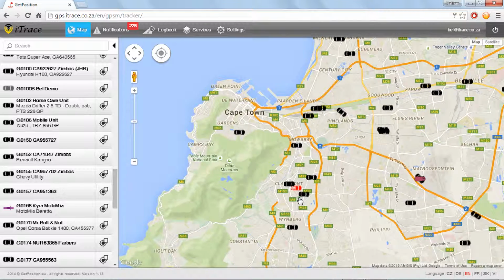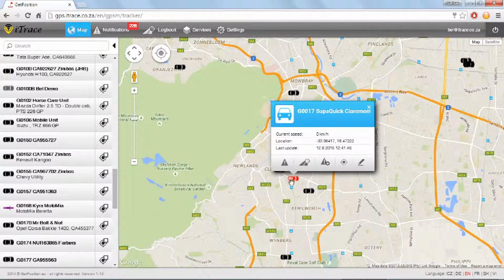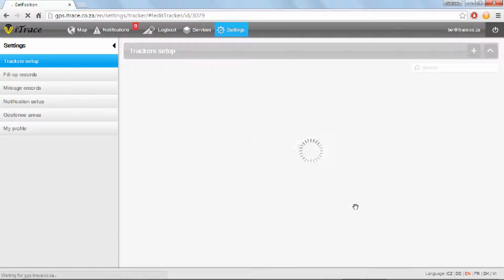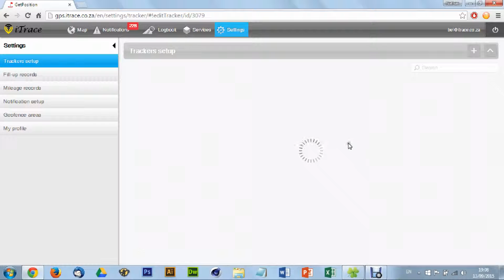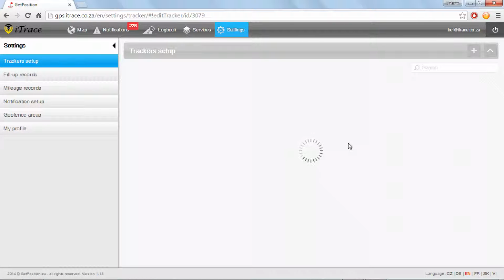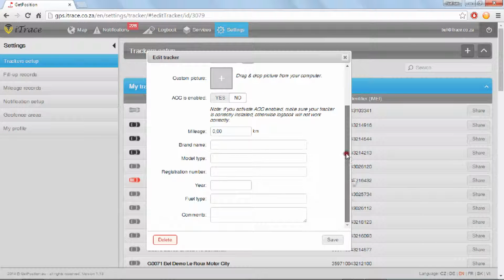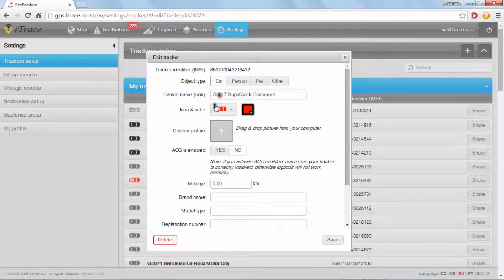Cool, let's go. If you look on the screen right here, you notice I've just clicked on a vehicle. You have a number of options at the bottom. Let's start with the one on the far right. This is Edit Info. From here, one can edit all the information that we have about this vehicle, such as the name